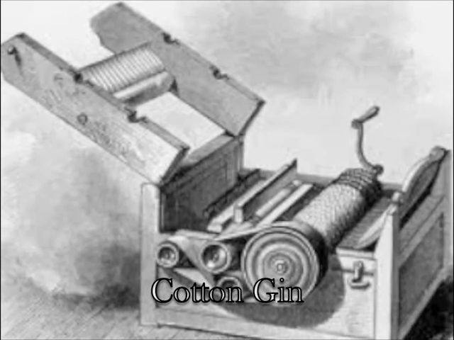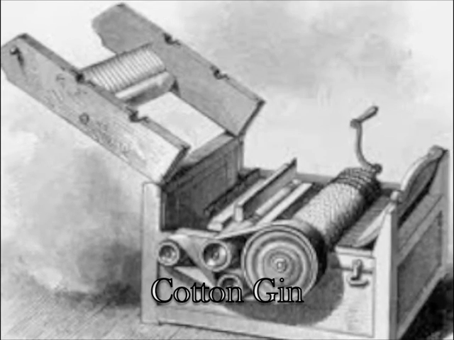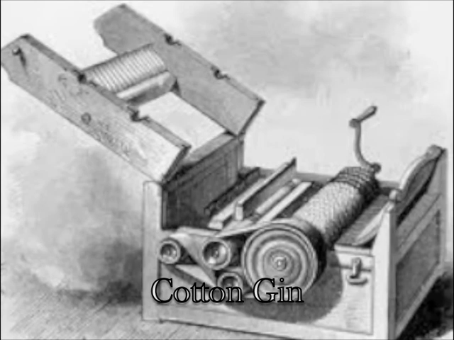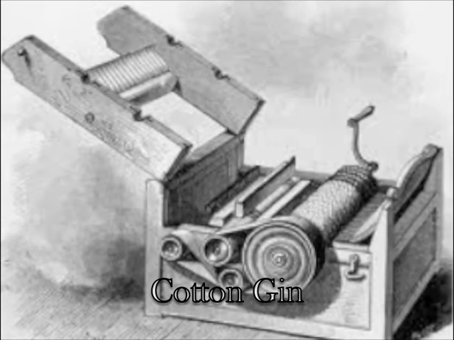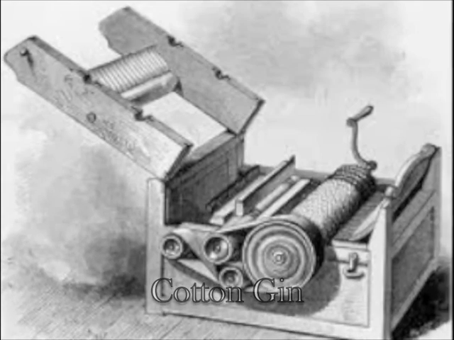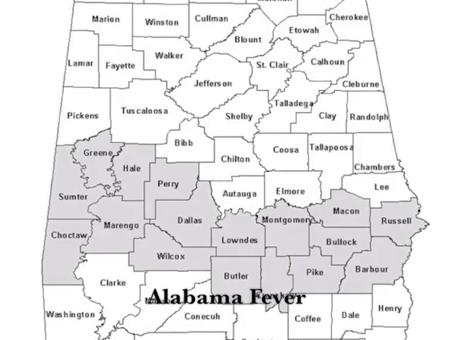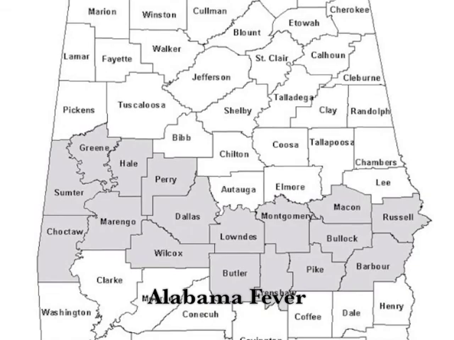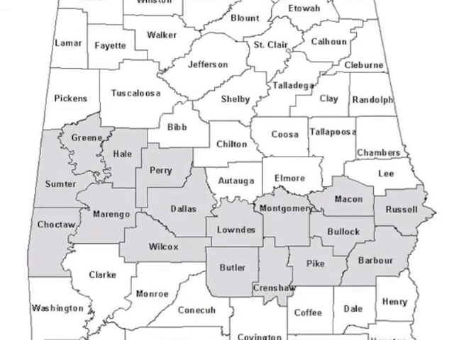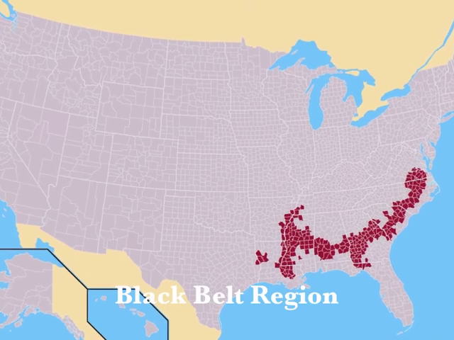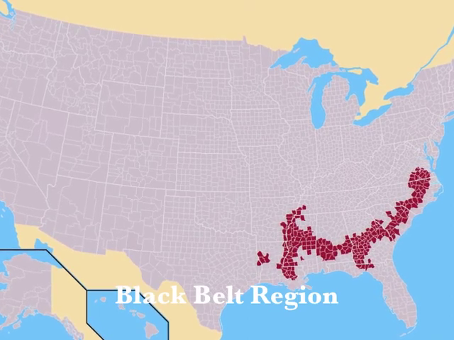The cotton gin revolutionized the cotton industry, increasing its marketability and profit. Cotton production became so profitable that it led to a phenomenon called Alabama fever. People were so excited to begin farming the newly profitable cash crop of cotton that they moved to the Black Belt region in droves. The Black Belt region consisted of southern states where the soil was fertile and cotton had